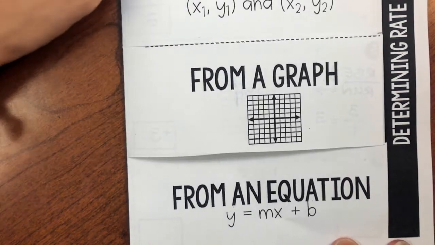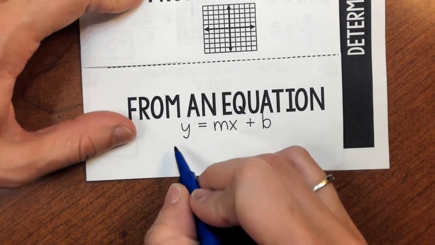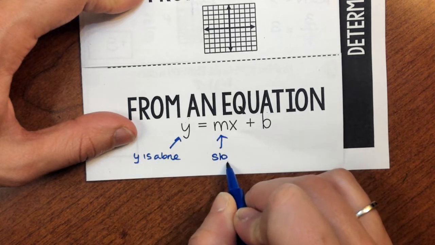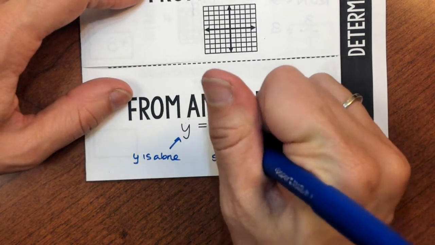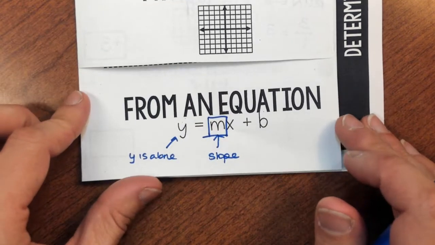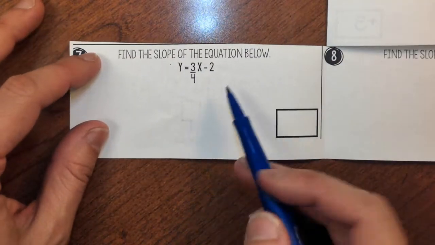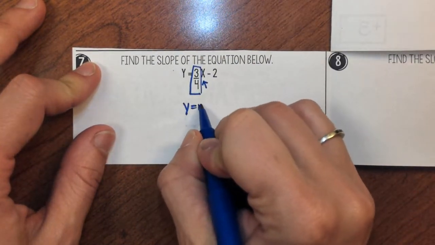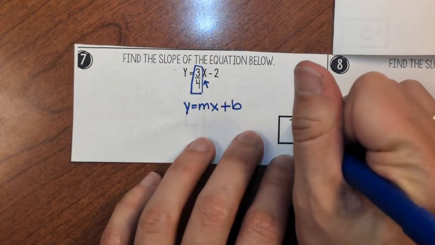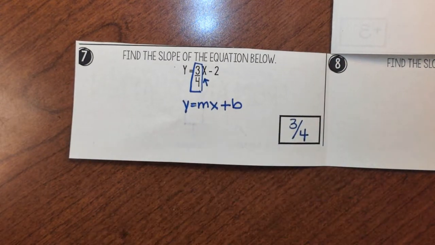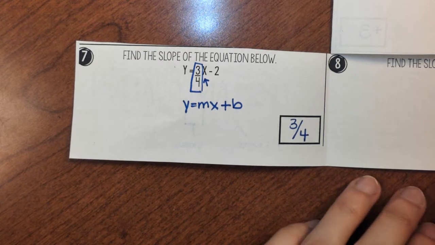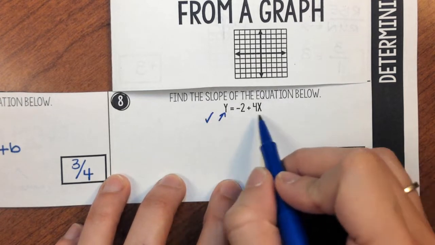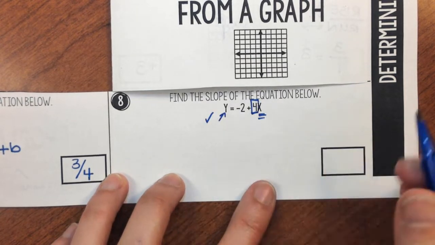Last but not least, when we have an equation like this, y equals mx plus b, where the y is alone, the number next to the x is the slope. That's our coefficient. So in this problem, the y is by itself. Here's the x, so that means that this is the slope. This one's a little bit tricky because the y is by itself, so that's good. But this time the x is right here. So the slope for this one is actually